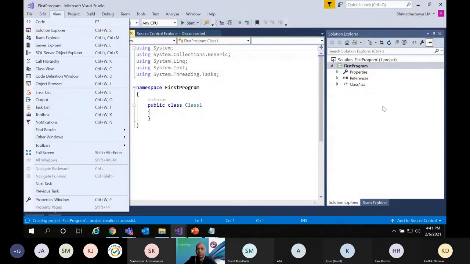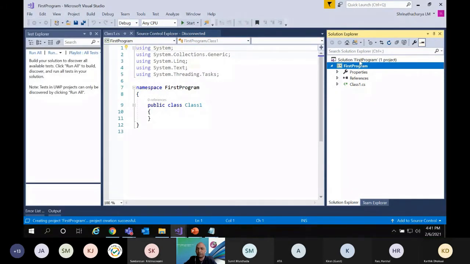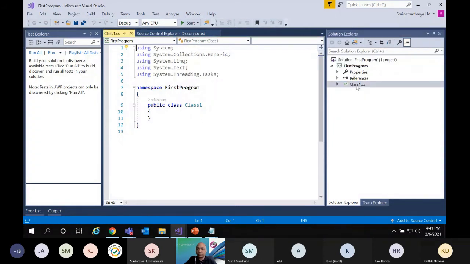The solution explorer is where you can see the project and the solution. If you go to class1.cs, cs indicates a C# file. If someone is writing with Visual Basic, it will be a .vb file. The .cs is the extension for C#.